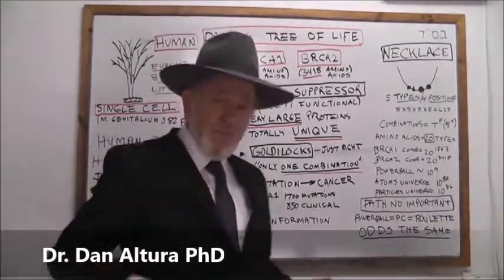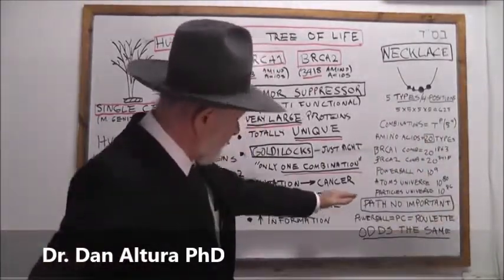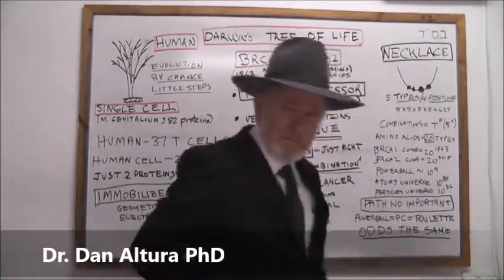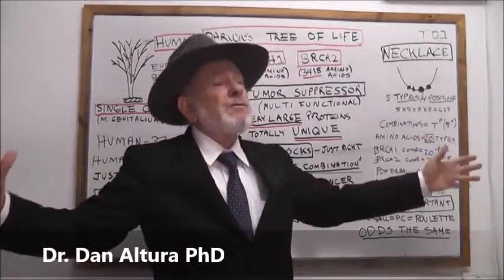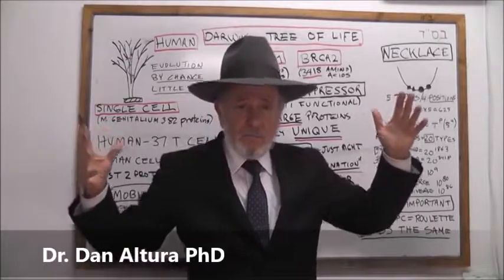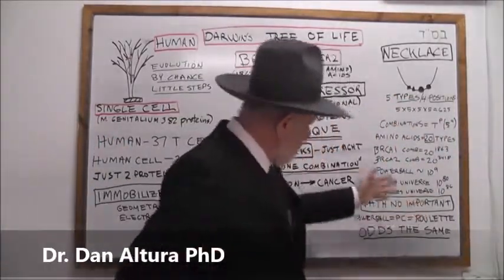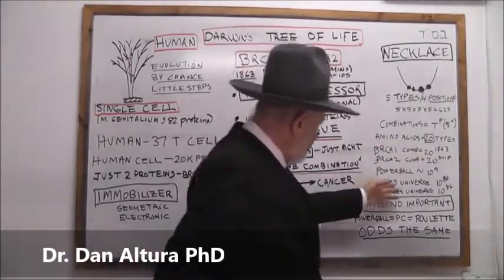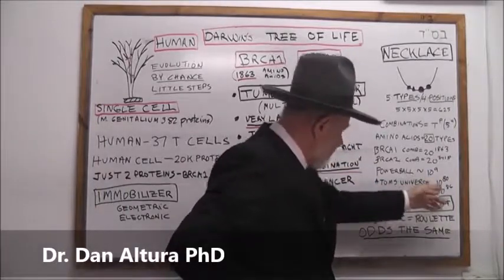We're talking about a very, very large number of atoms. They figured out how many atoms there are in this observable universe: 10 to the 80. Even though we're talking about such a large universe with so many galaxies, so many stars in each galaxy, and each star being composed of so many trillions and trillions of atoms, the total number of atoms in the universe is only 10 to the 80 compared to